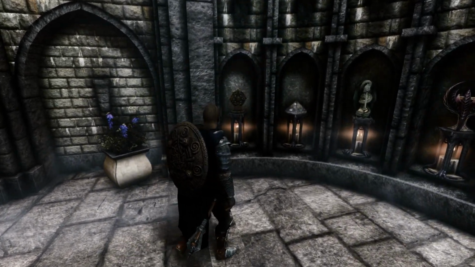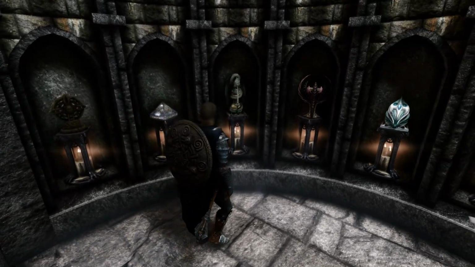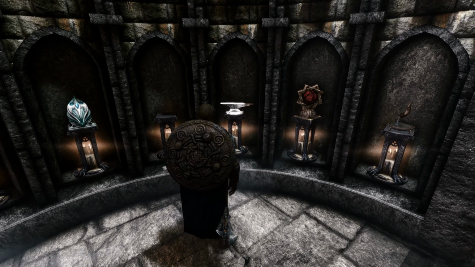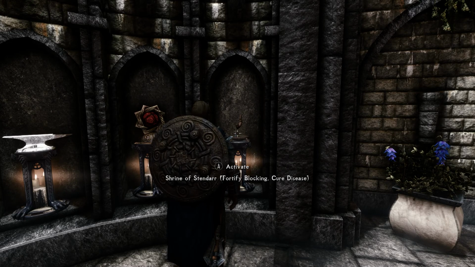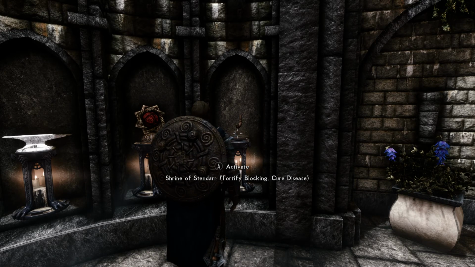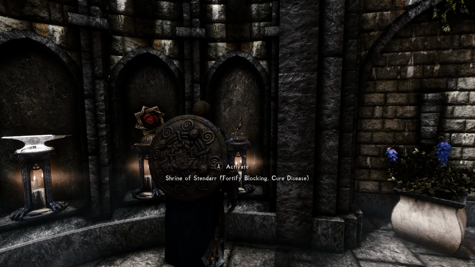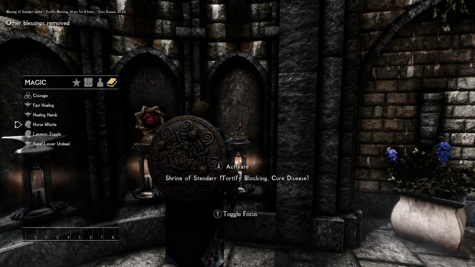Okay, so I think we have Mara here, and then we have Julianos, Akatosh, Dibella, Kynareth, Zenithar, Arkay, and Stendarr. We liked what we heard from the Vigilance, though we're not really convinced that what they said was 100% accurate. So I think what we're going to do is meditate and pray to Stendarr for a little bit while we level up,